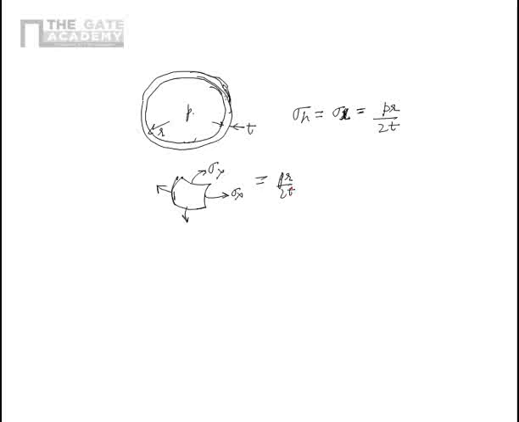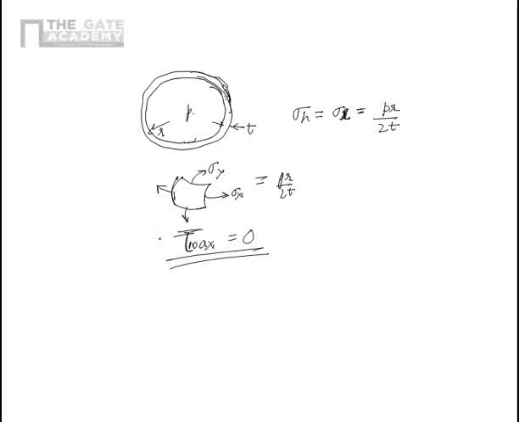Obviously, you go back to the fluid example. Fluid example is same as this one. In fluid, we have both the stresses negative, compressive, and both the values are equal to the pressure. Here, they are just positive, both the values are equal to PR upon 2T. Hence, there is no shear stress in case of spherical pressure vessel, and that makes it a very, very desirable structure.